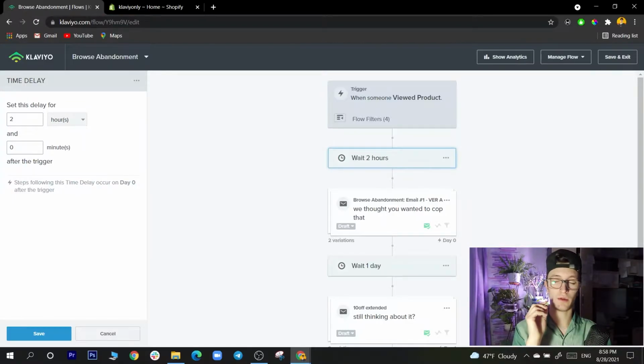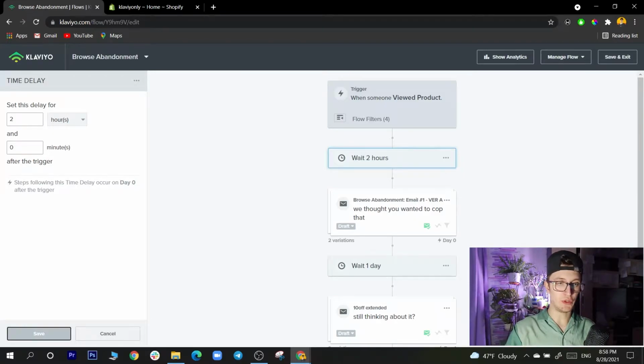And by the way, guys, here's a key. Nobody talks about this thing. I talk about this again in my agency. If you're a client of my agency, trust me, I would make you money, because nobody's testing times. Sometimes for one brand 2 hours works, for some brands 3 hours, 4 hours, for some like 30 minutes. I recommend testing within 30 minutes and 4 hours, but you gotta always test times, right?